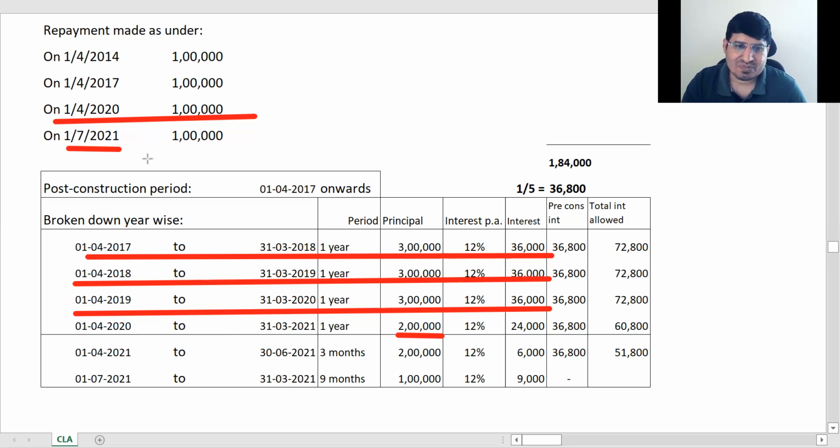Okay, so here 1/4/2020 it is 2 lakhs. Again straight away into 12%, whole year you get 24,000. Okay, for the last year, which is 2021, last previous year that is. Okay, so you can see that on 1/7 he had repaid. So that means that from